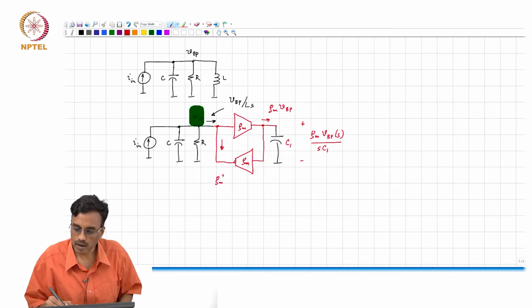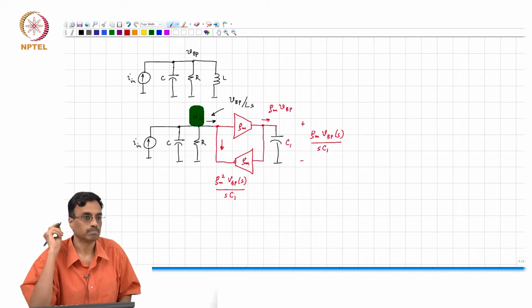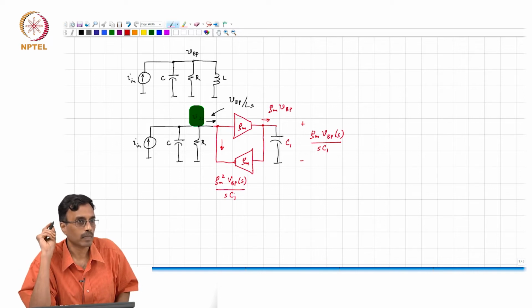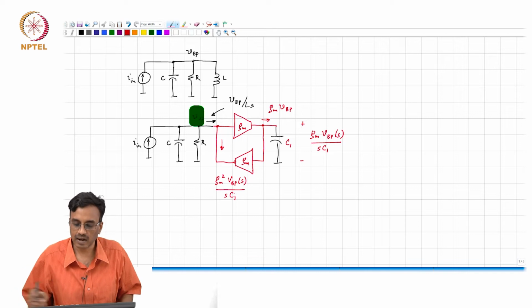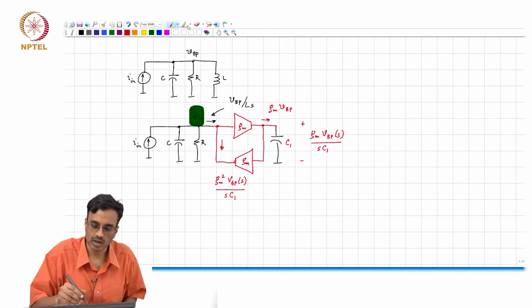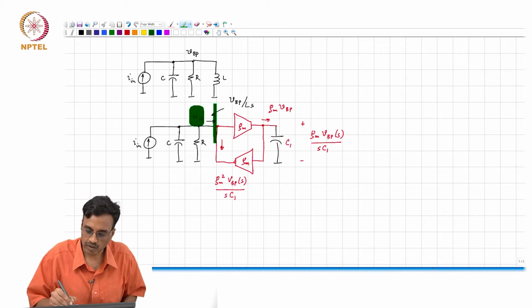GM square VBP by SC1, alright. And so, therefore, what effective inductance is this? So, this box here